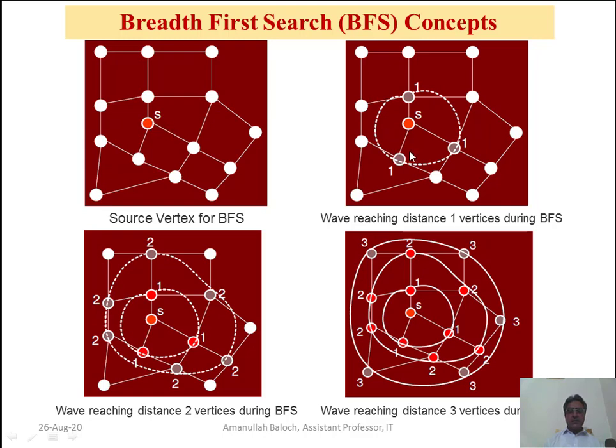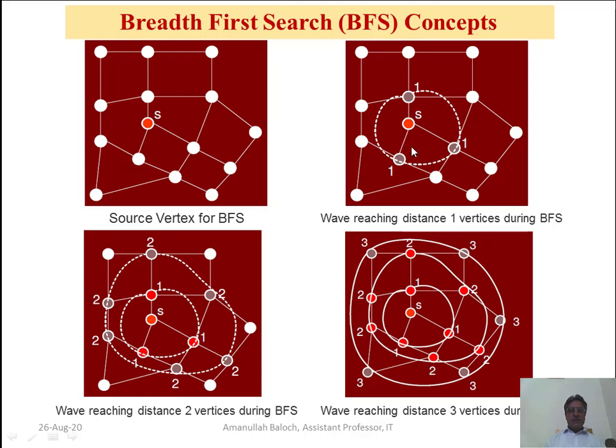So here we can see that these three nodes exist at the distance of 1, 1, 1. The distance value of the source node is 0 because it is the starting node. So these nodes exist at the distance of one edge from the source node. So this is the first depth.